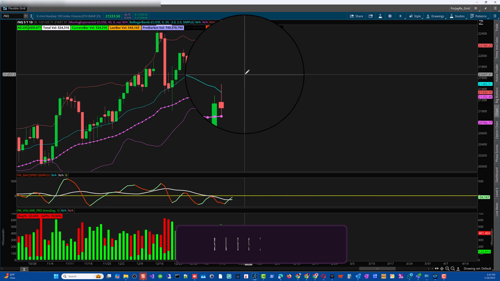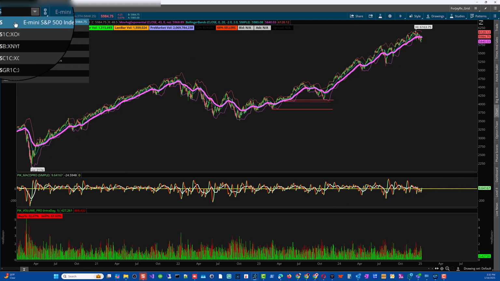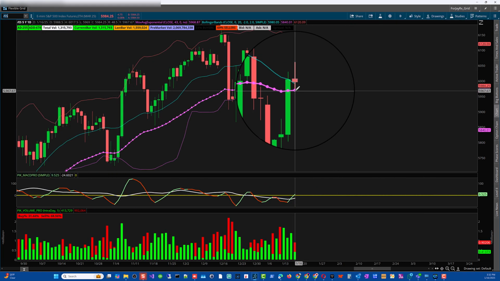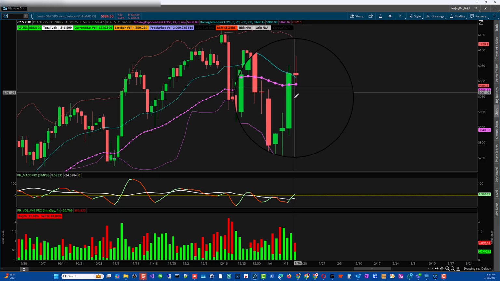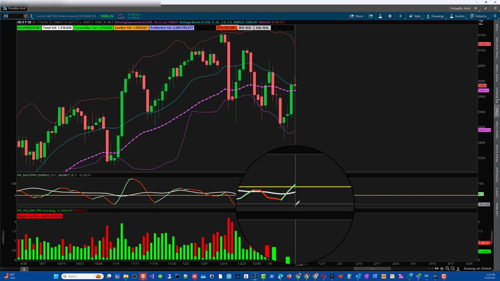This is what's happening on the NQ. Same thing probably happened on the ES. I didn't trade ES today, but take a look. Same pretty much, right? The RAM indicator held it in. See that? Kind of held it in. And on the ES, we're looking at the mid-band being held in as well. So that pretty much gives us indication that the bulls are still in control. They still have some room for an upward movement. We have the MACD showing positive signs of continued pressure upwards. And then we also have,